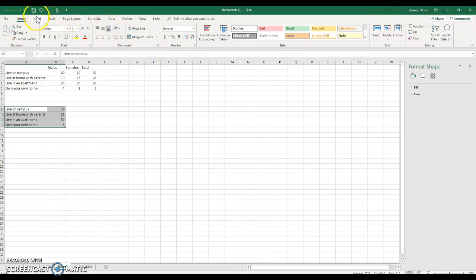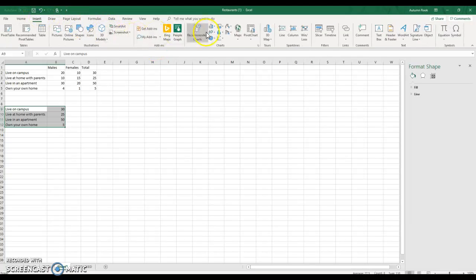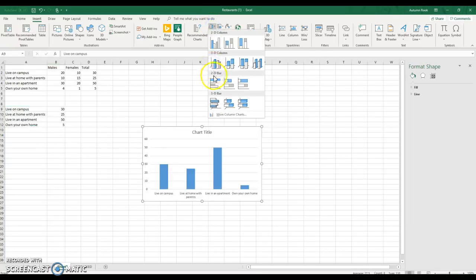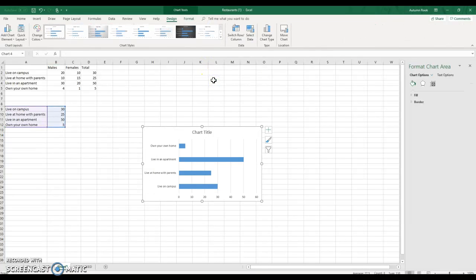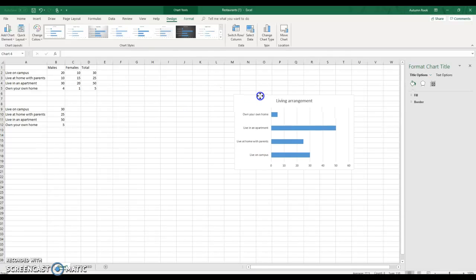I'm going to insert, and I'm going to select bar. And when you do categorical variables, typically your bars go horizontally, so side to side. So this is an example of a bar chart. And again, we could go in here and give it a title, living arrangement or something like that. You want to clean it up and make it look nice. Lots of options up here on different types of graphs you can choose, but this would be just a basic